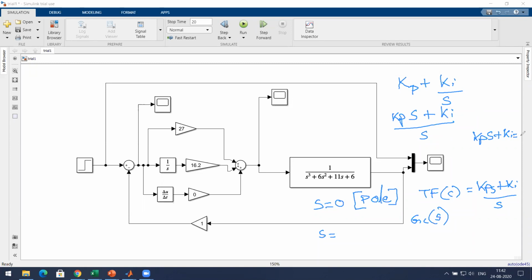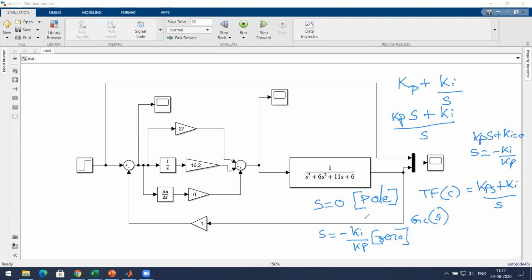Equal to 0. So what will be S equal to? Minus Ki by Kp. So this will be minus Ki by Kp. Okay, so this is a zero.